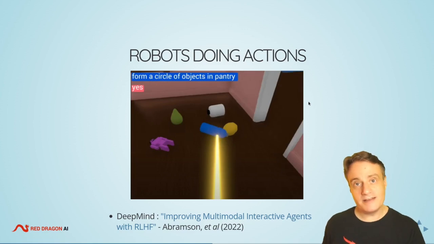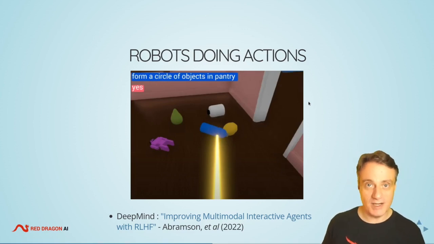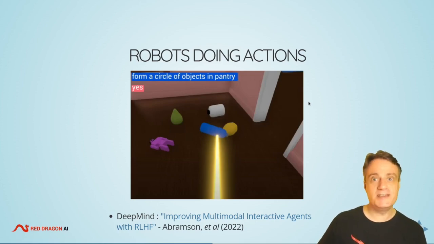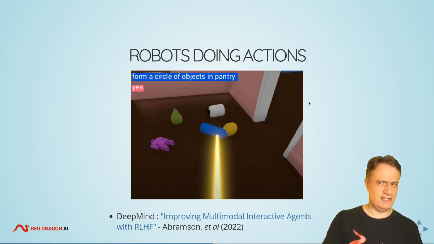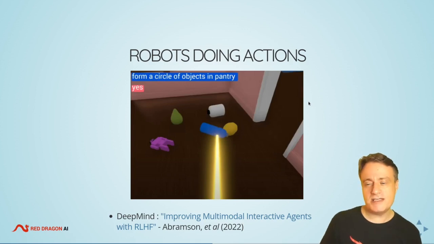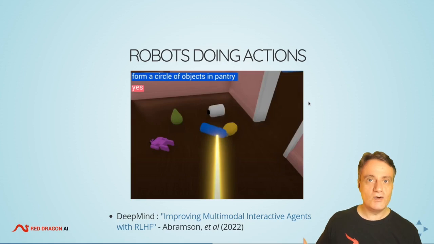There's another true reinforcement learning use case coming out of DeepMind, where they have a robot in a virtual environment where you can prompt the robot to do tasks or find information, and it will then walk around this home environment picking up objects using its essentially lightsaber. Here we've said, form a circle of objects in the pantry. So it has gone off to the pantry through this environment, and it's now putting objects in a circle